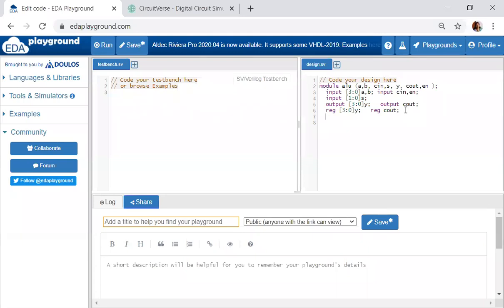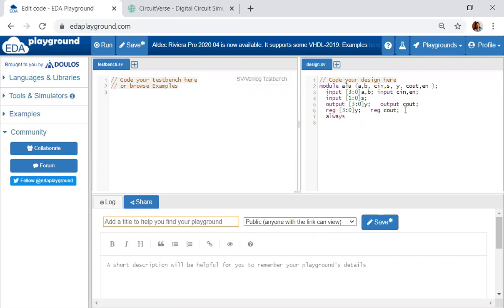Similar to the previous examples we have seen, you have to instantiate it. Or again, you write a program for a subtractor and call it. A 4-bit program for an AND gate, call it over here. A 4-bit program for a NOT gate, call it over here. That is an ALU. But first let me write it in the behavioral model, then I'll tell you how to write it in the gate level model.